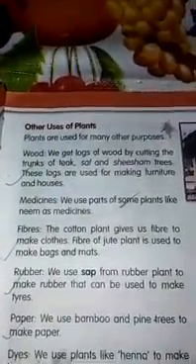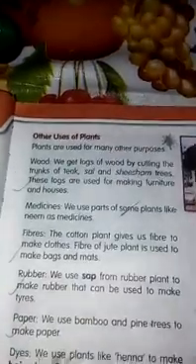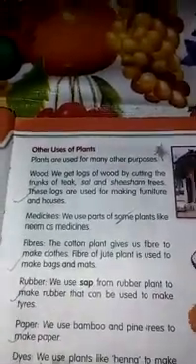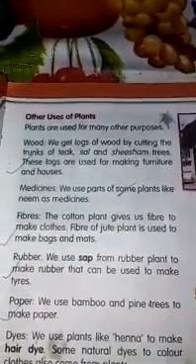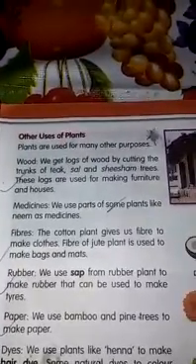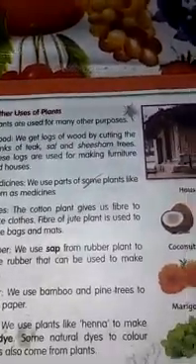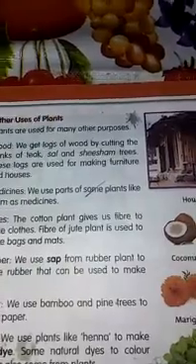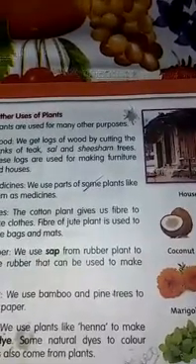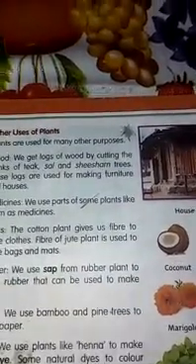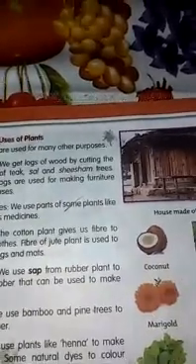Next we will see about the workbook, what is there in the workbook. In the workbook, the first one says circle the things that we use in daily life that we get from plants. So circle the things, read and do the work. Second one, write the examples of plants that give us the following. So for the things we get from plants, name the plants. So you read out, view the video and complete the work.